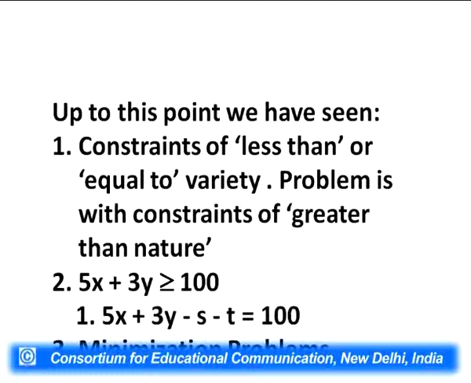X and y are two variables, and then we have the inequality sign, which is greater than or equal to. The left hand side says only 5x plus 3y, the right hand side says 100, and the sign in between is greater than or equal to. And if I say 5x plus 3y minus s minus t is equal to 100,